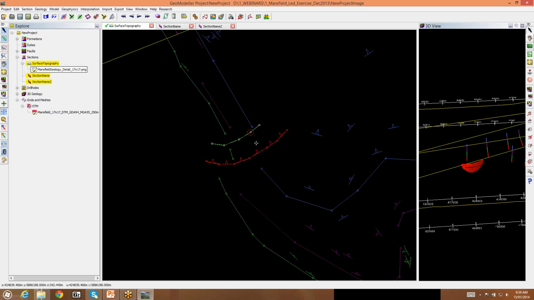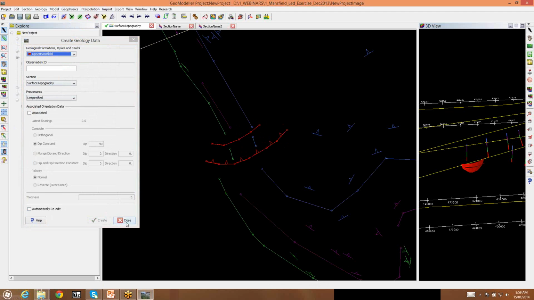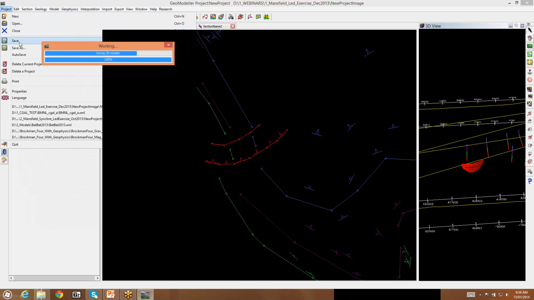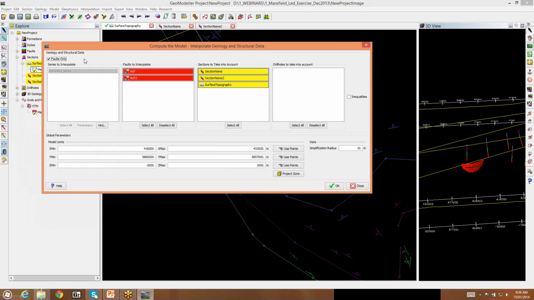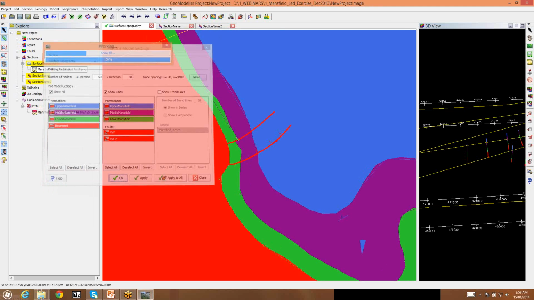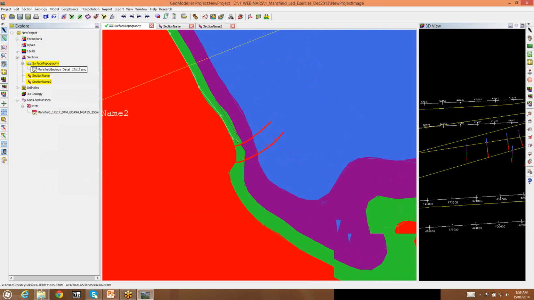You may also want to build a little bit more information here, so again I'm going to pick up the create tool and put something here for the upper Mansfield. Okay, we have a couple more points. I think this will be better, and we'll just save that work. And again, do a computation. This time we'll include all the faults and the formations and all the drill holes. This time in 2D. You can see that we have much better representation of what we needed, and also we have